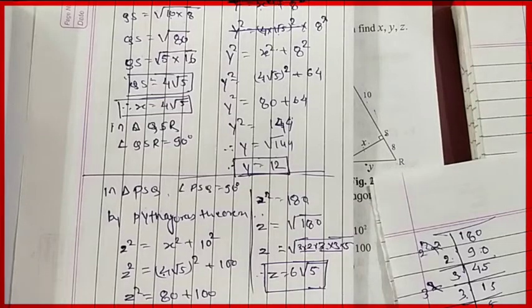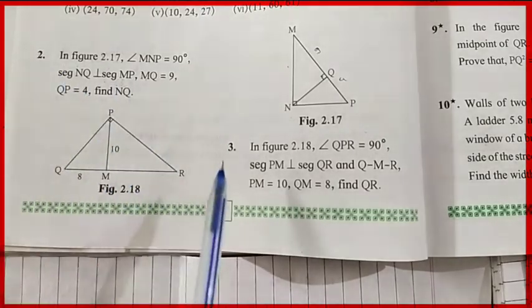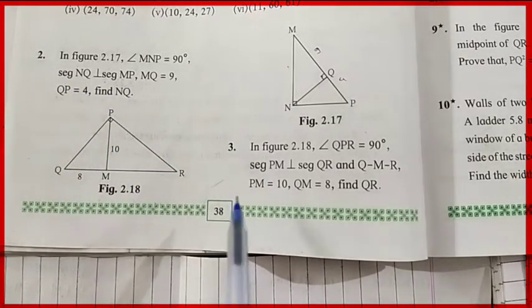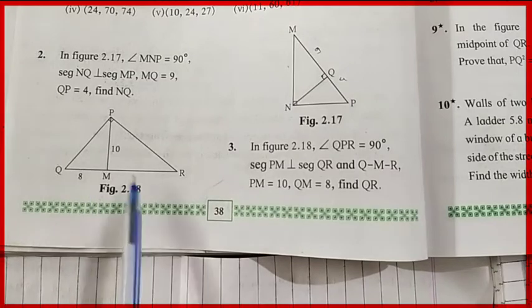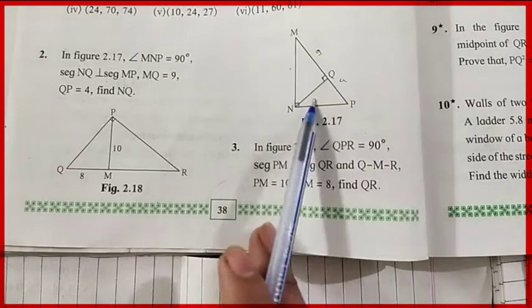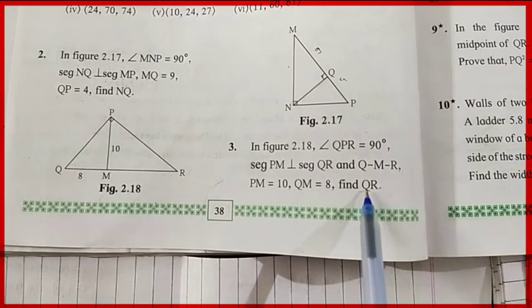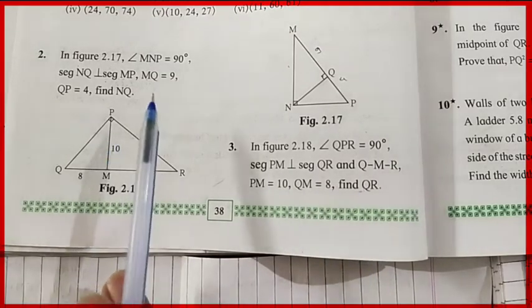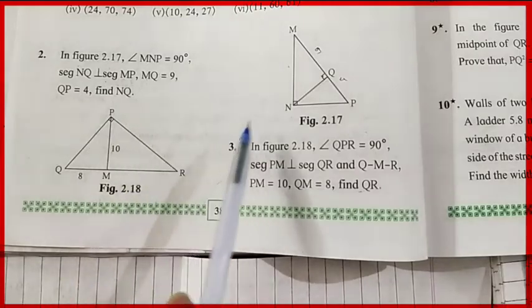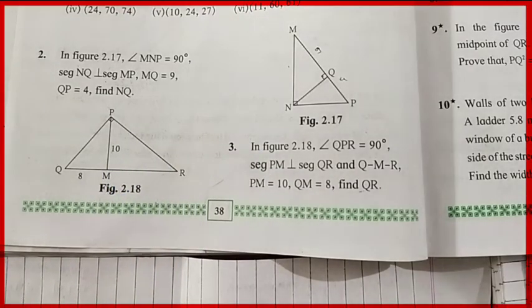So students, for you today's homework: on that basis you have to solve question number 2 and question number 3. They are similar to the question that we have solved. Okay, you have to use the geometric mean theorem in both the questions, and you have to find the measure of the side. Like here you have to find QR and here you have to find NQ. So these are similar to the question that we have solved. Okay, so question number 2 and question number 3